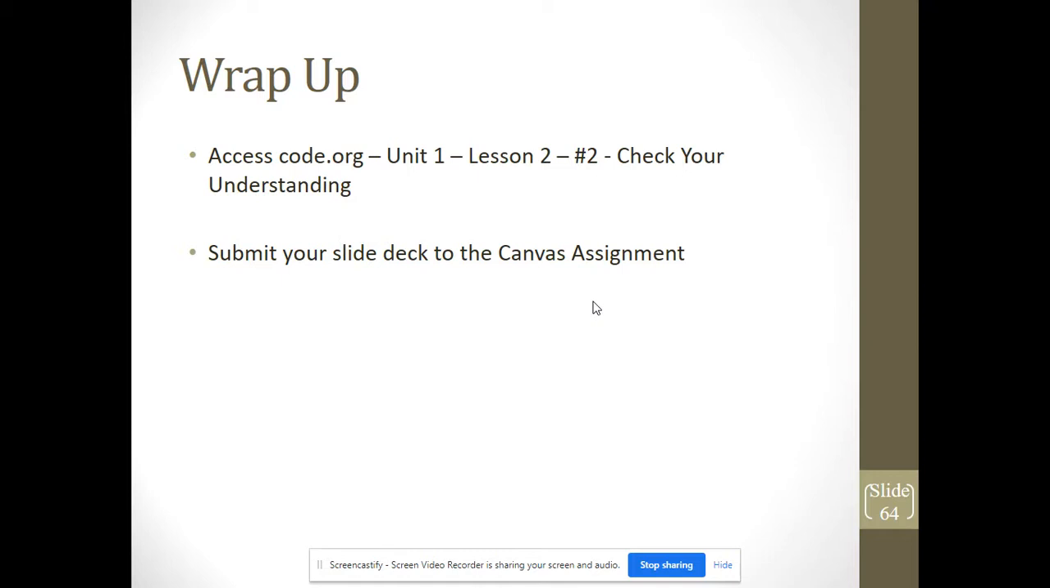Okay, so when you are done with all that, we're going to have you go back to your co.org, Unit 1, Lesson 2, Number 2, which should be your Check Your Understanding, and go ahead and answer the